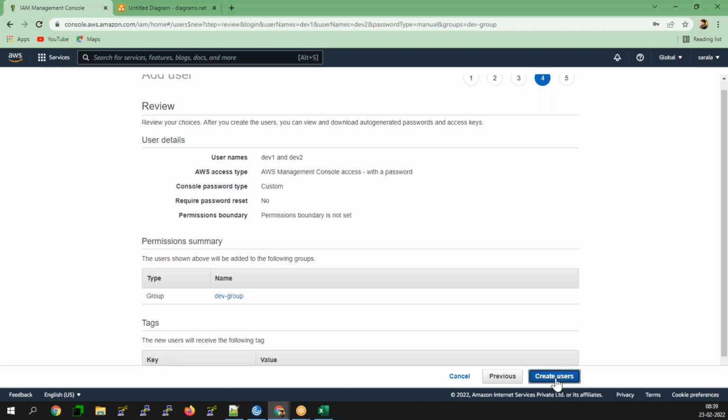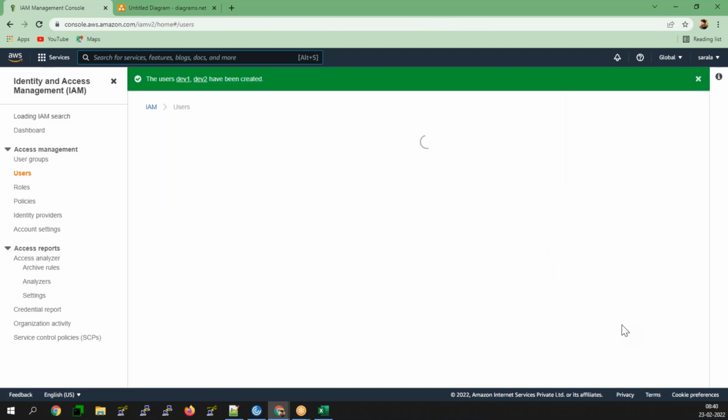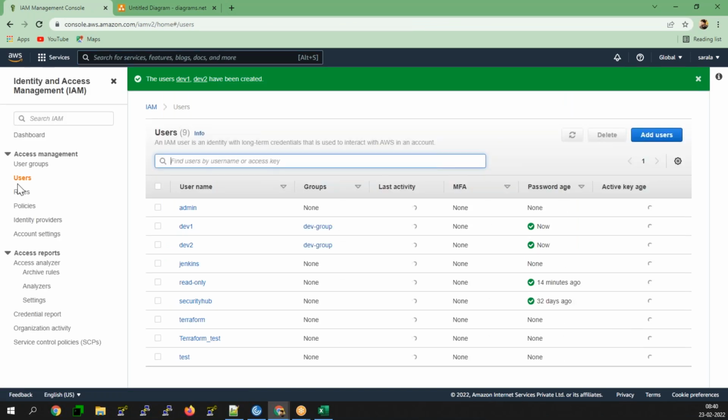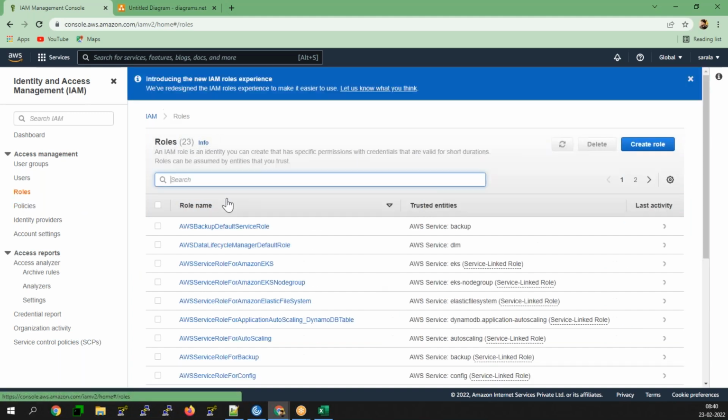Any questions, any doubts? This is how you are going to perform the activity in your real-time environment. This is very important. Based upon the respective criticality and level, you will provide the access for your users. That is one thing you need to understand. And secondly, you need to understand the concept of roles.